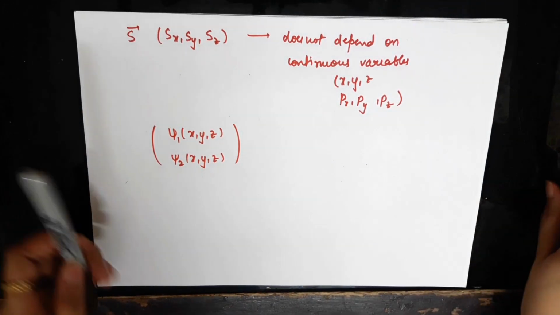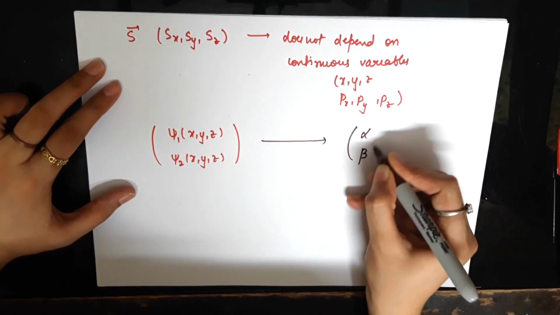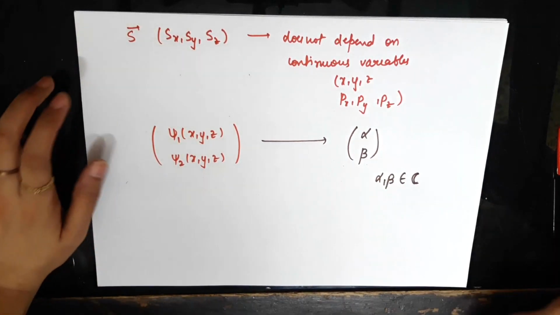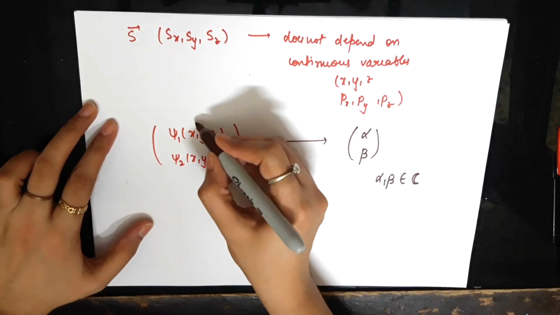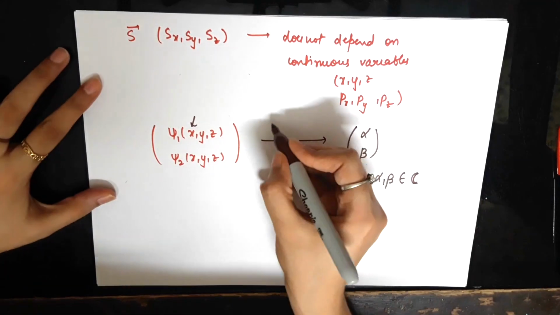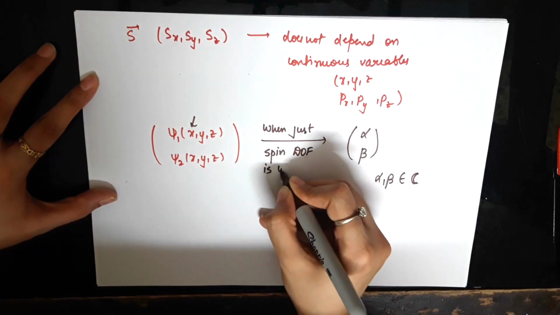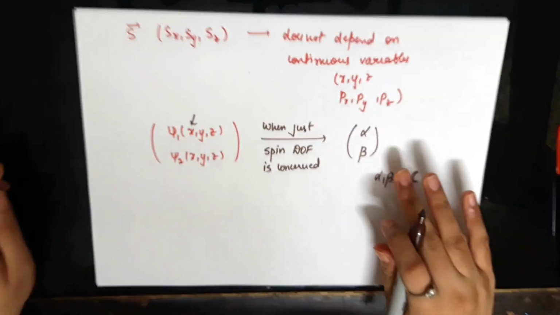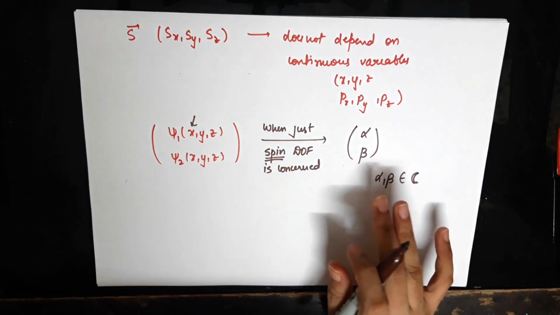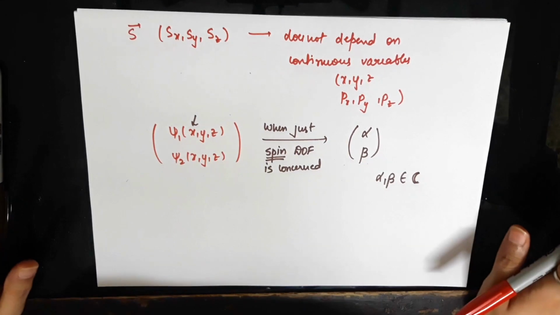But if only spin is concerned, then you could equally well write your state vector as a two component column vector where the entries alpha and beta are just some complex numbers. So you don't have to be concerned about the dependence on the x, y, and z variables, and that is only when the spin degree of freedom is concerned. So this could also be considered as the most general case when you are just concerned with the spin. No coupling with orbital angular momentum or any other sort of kinetic energy, linear momentum, etc. So this is about the spinor representation.